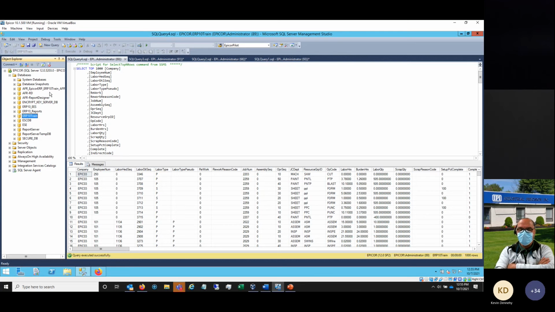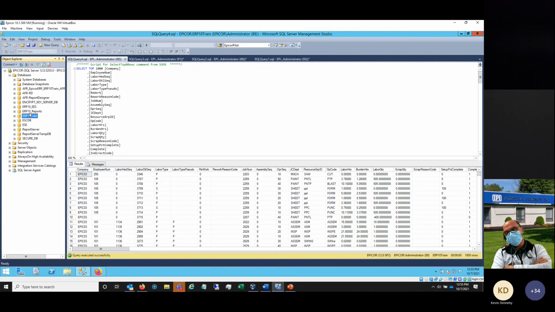If you run an Epicor report like the AR invoice and you tell it, in the report options, to archive it for a day, and go on to SSMS and expand a node,